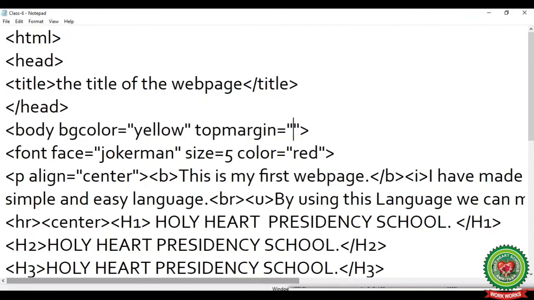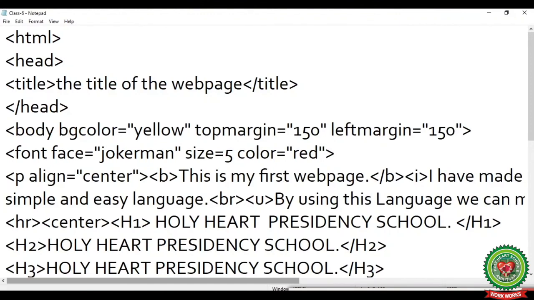For example, I'm going to give here the size of the margin as 150. In the same way, give space and type left margin equals to, and within the double quotes you can give the size of the left margin. For example, I'm going to give the size 150.